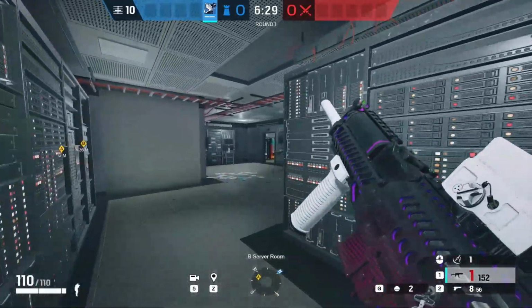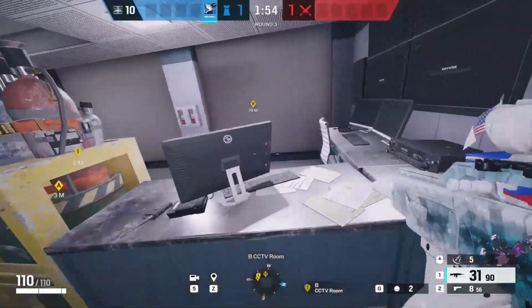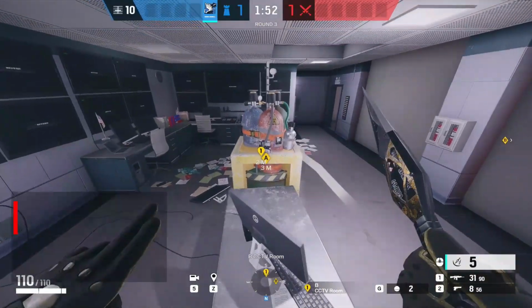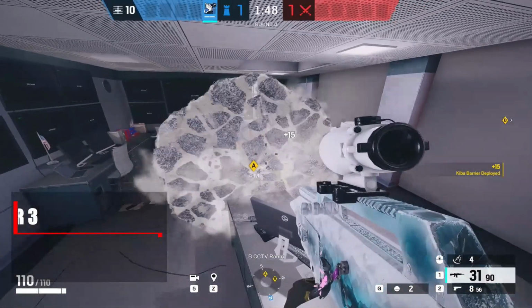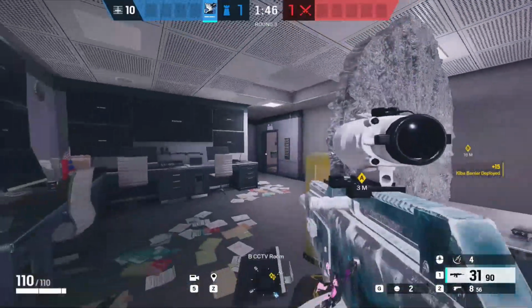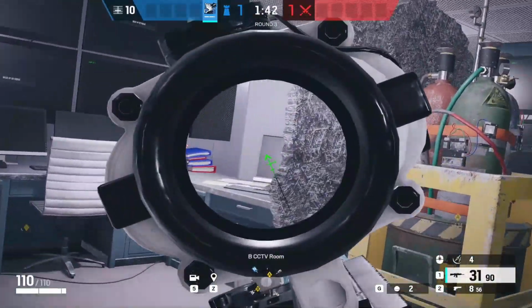Moving over into CCTV for this next setup, and this one was used in the Pro League, and it's a really strong setup to have to stop them getting that default plant down. If you place a Kiba barrier on the backside of the bomb chassis here, and I'll show you exactly, you know the spot that they come in, they break open that single wall and they try to plant the diffuser